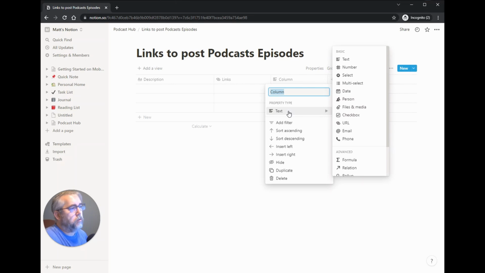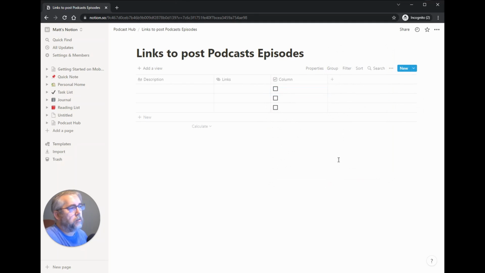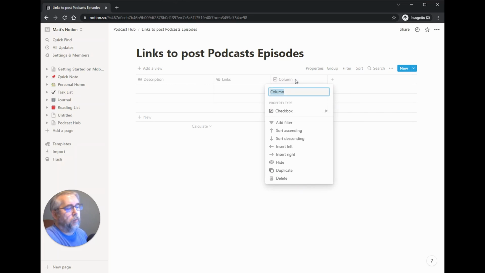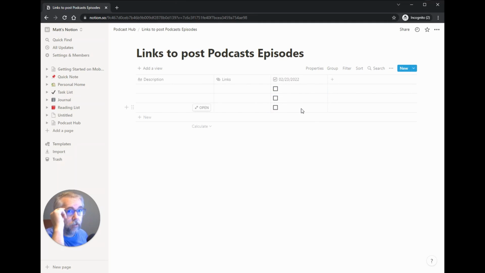Now on this one, I want to choose the property type to be a checkbox. And you'll notice that it'll automatically default the checkbox here. And on my name of the column, I'm going to actually put a date on here. So today is technically 2/23. So I'll go ahead and put today's date here, and I'll show you why in a minute. So at this point, we just have a simple three columns in our spreadsheet to identify the platform that we want to share our episodes on, as well as the URL link column and a date for checking off. So as an example, let's go ahead and put in a